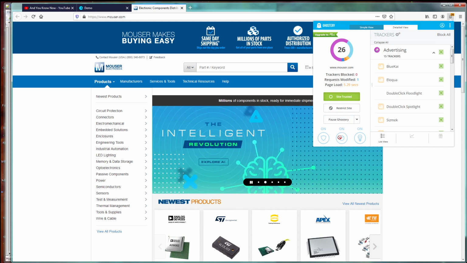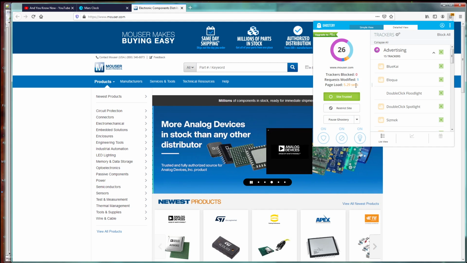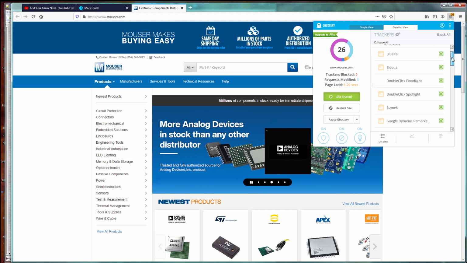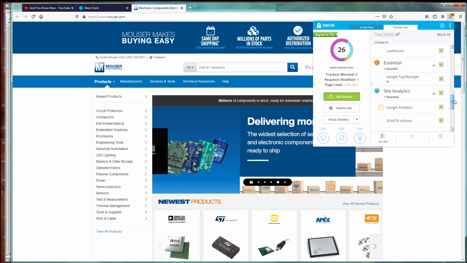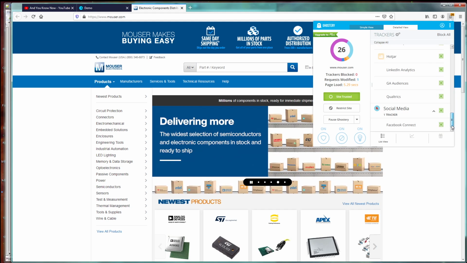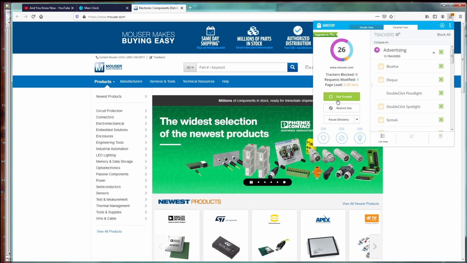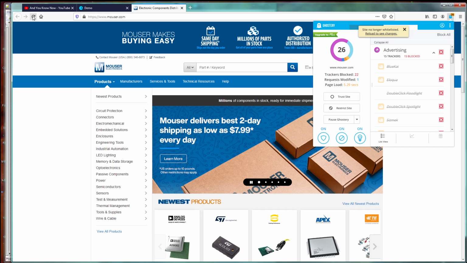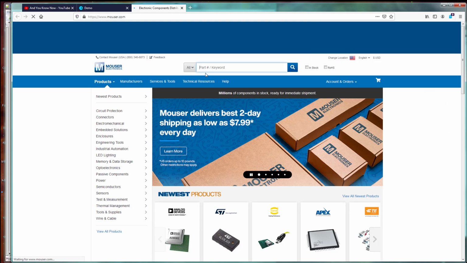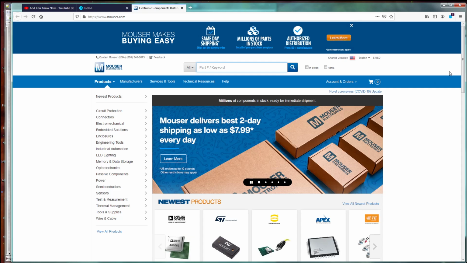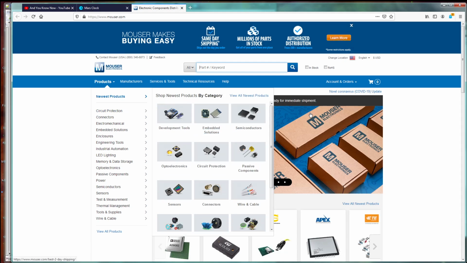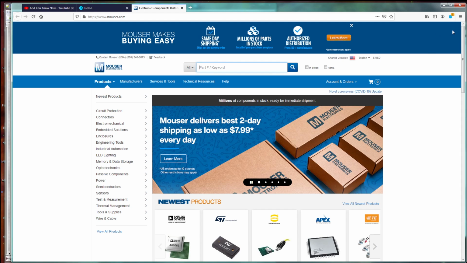Now I know if I turn some of these off, it'll go up to 38. Some of these could go up to 1,000. So all this stuff in here is watching what I click on, where I go, what I do, sending that information, and I leave that off. I rarely have to go and tell it that I trust the site. So Mouser still works fine for me if I leave it the way it is, and I've had that there